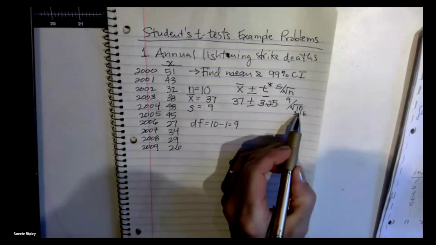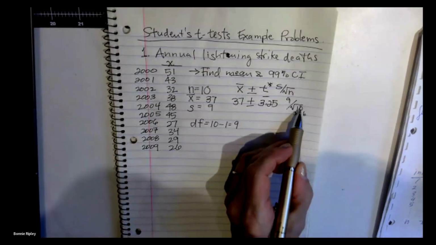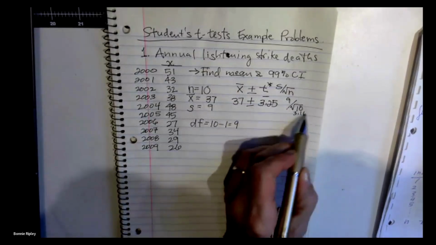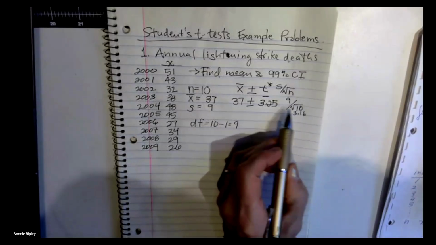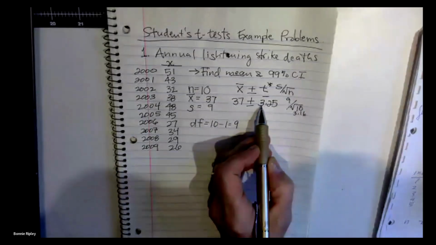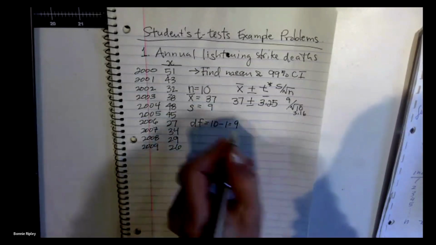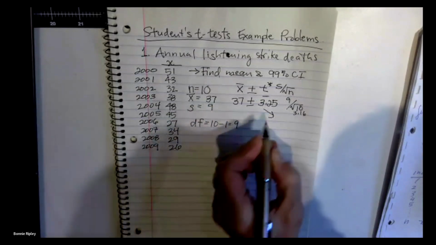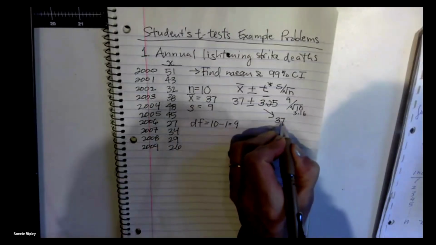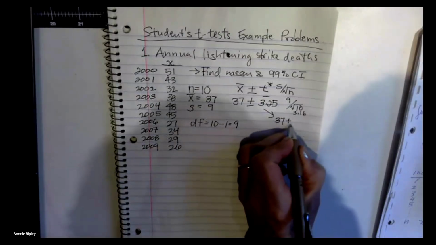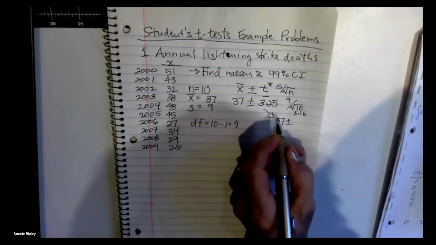So 9 divided by 3.16, make sure you get that quantity in your calculator first, times 3.25. And that's going to simplify to 37 plus or minus